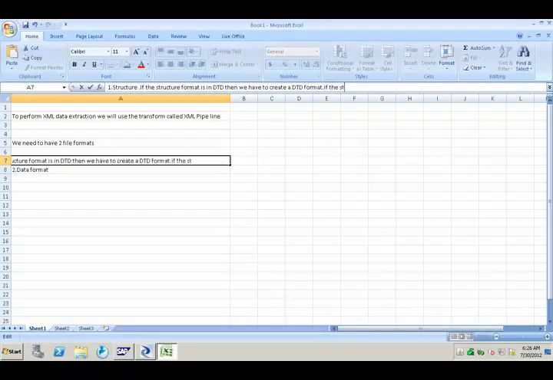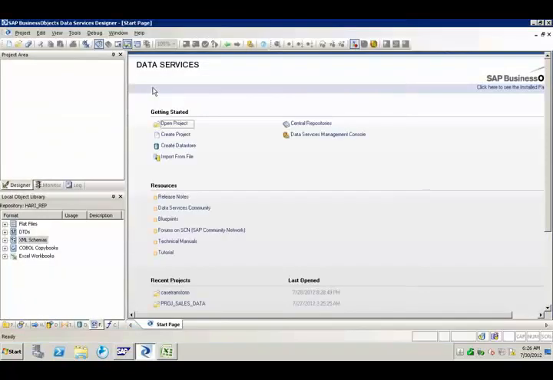If the structure is in XSD format, in brackets XML schema definition format, then we have to create an XML schema format.